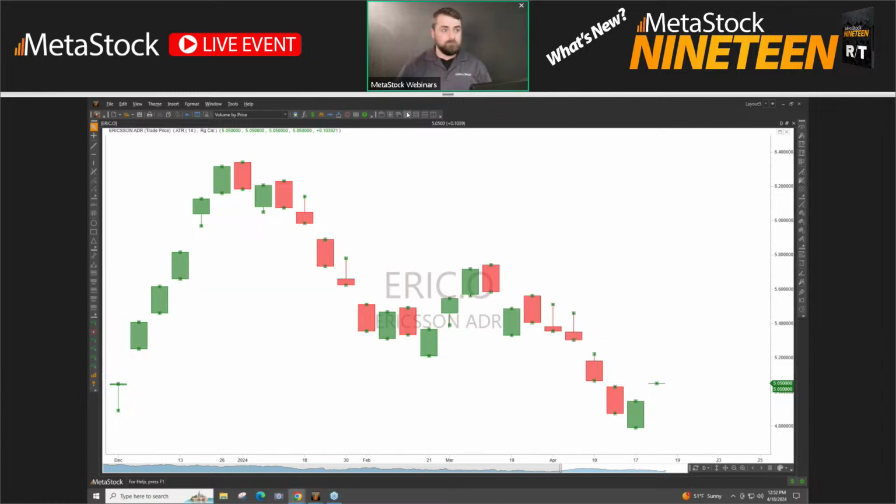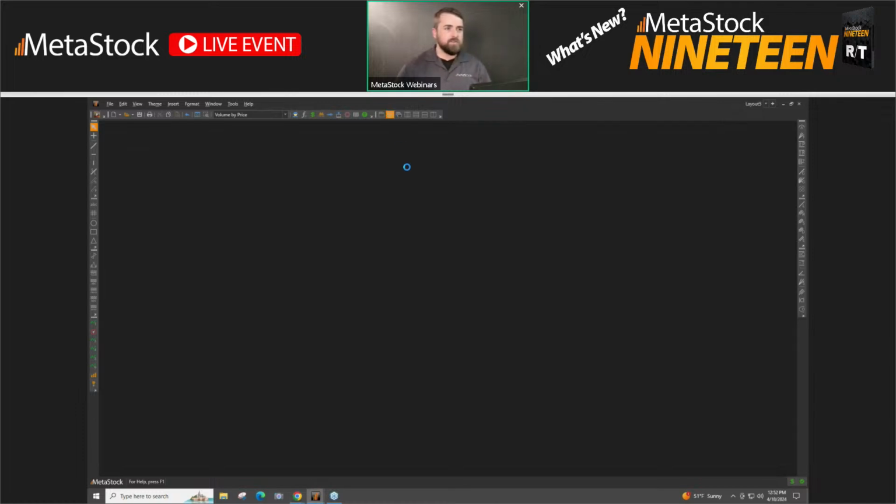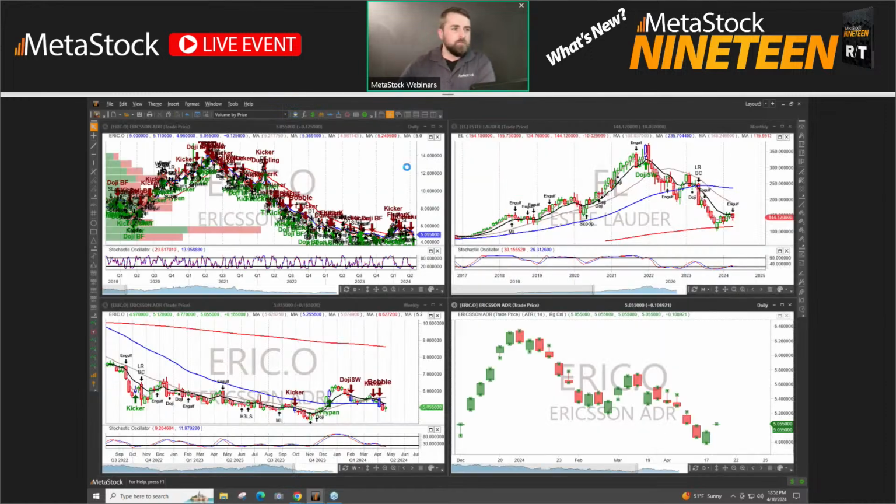Another thing, and this is one of my favorite features actually, guys. I'm going to auto tile this so that we get those other charts showing too. My new favorite feature, it's right here, is the global cursor. You'll see I have the cursor here, and as I move it around, it's also applying the cursor to other charts.